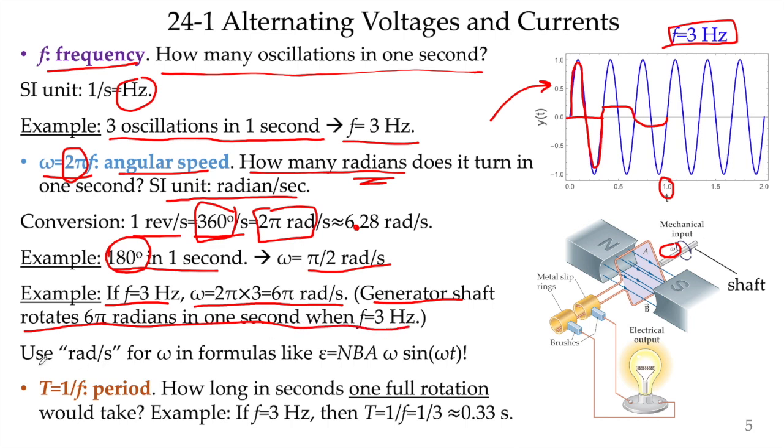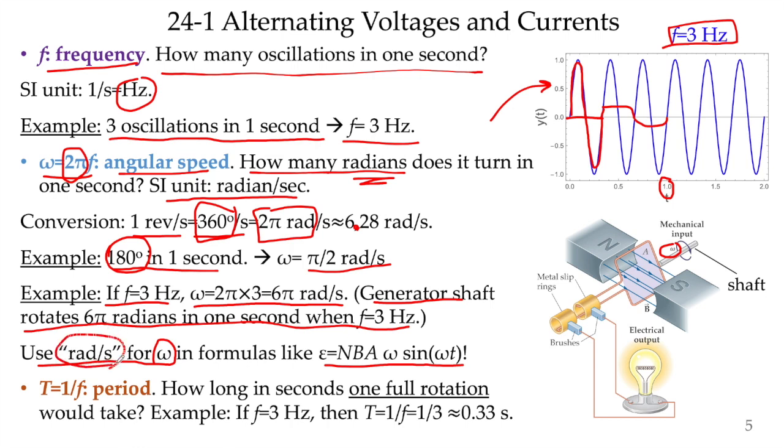Okay, so you have to use radians per second for formulas that include omega. Okay, for example, remember this formula from the previous slide. So here you cannot use revolutions per second, you cannot use degrees per second,